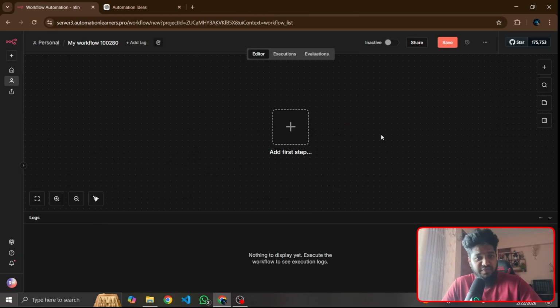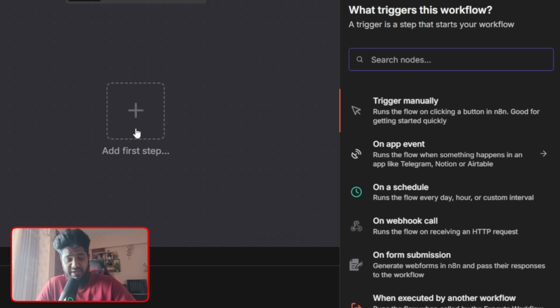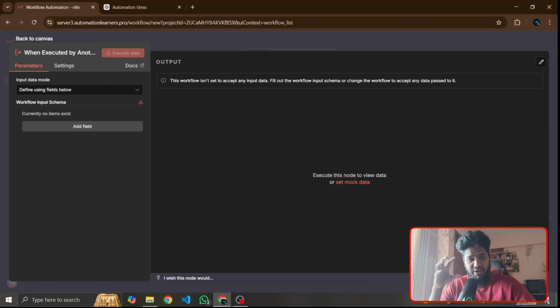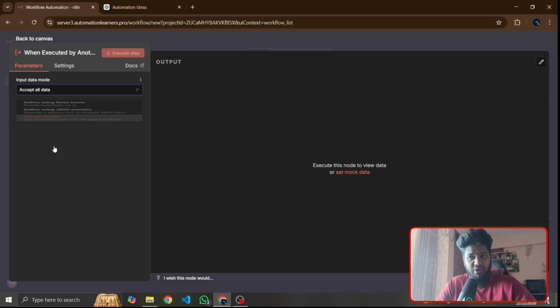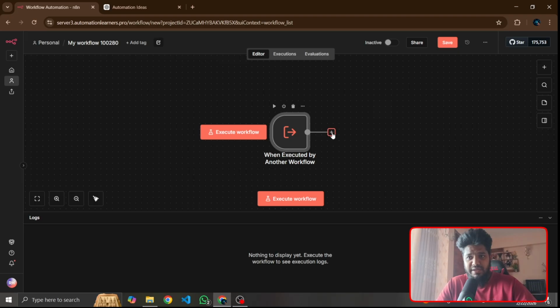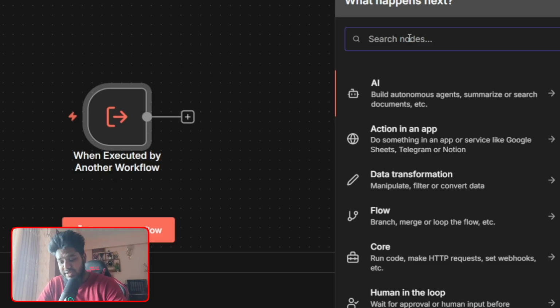Okay, so first of all, you need to add a trigger, which is 'When executed by another workflow'. This other workflow will call this workflow, so that it will work. Okay, so define this information, accept all of the data. Okay, and another node which we will need is the